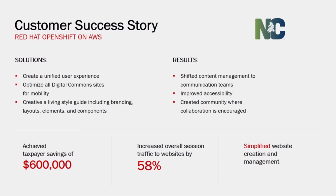So what we did was look right here in our backyard in Raleigh, and partnered with Red Hat and deployed the OpenShift dedicated node platform. And what that's done, it's really enabled us to really quickly, over the past just about a year and a half, transition a great deal of key state government websites over to this new platform. So that would be nc.gov, our state portal, the governor's office, many of our cabinet agencies, several other offices and